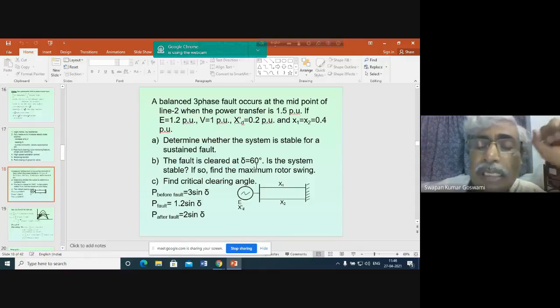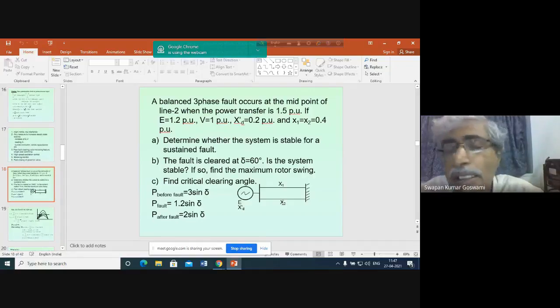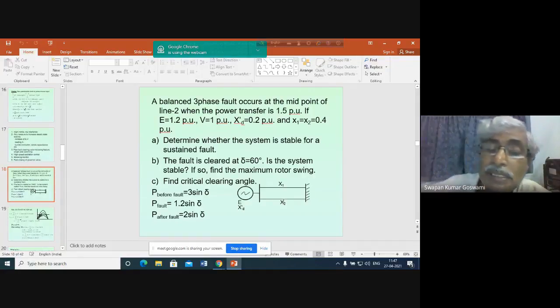And when it is cleared, when delta is 60 degree. Now remember, note that here the fault is cleared, meaning who will be clearing that fault. This does not mean that fault has removed itself. Okay, fault is a permanent fault. It has not been removed by itself. So it has been cleared means the circuit breaker at this end of the line and at this end of